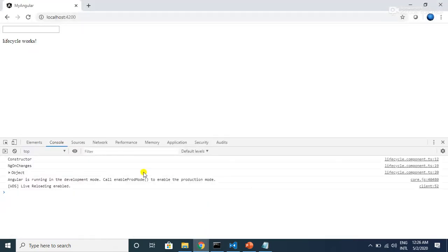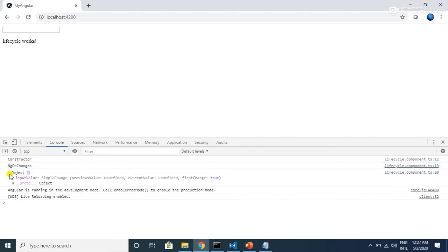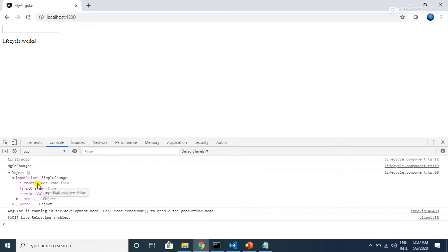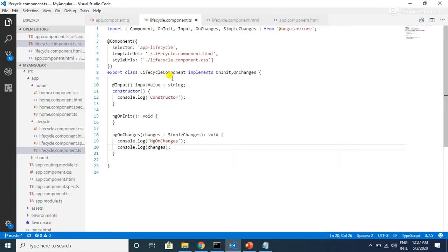So here if you see the console, you can see the constructor as the first log message, and after that ngOnChanges, and after that we have a SimpleChanges object. If you expand this SimpleChanges object, you can see the current value as undefined and the previous value also as undefined.